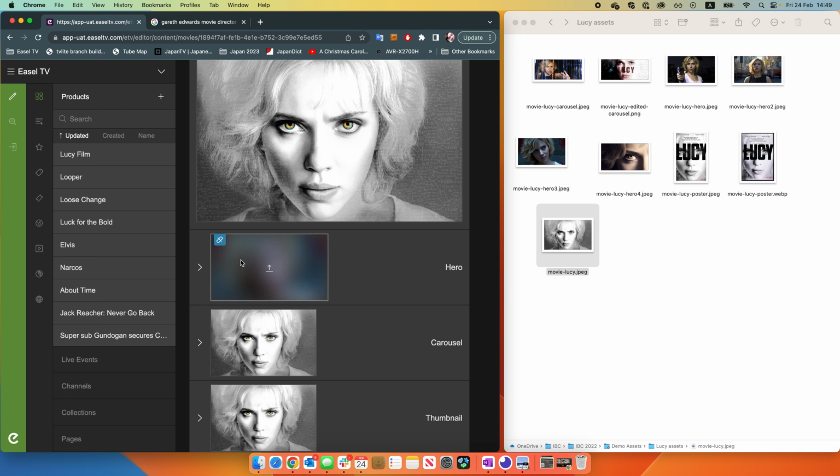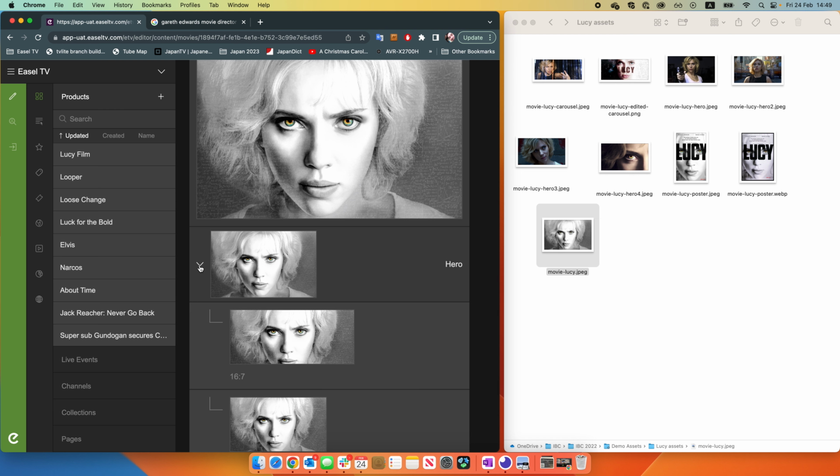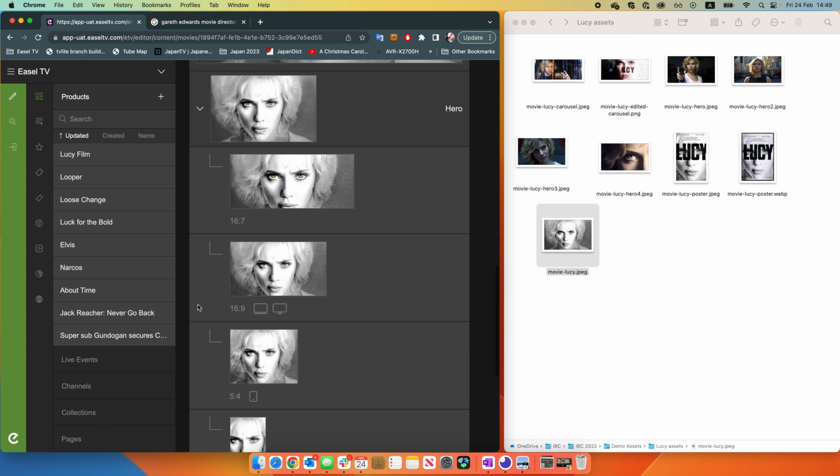But if I mouse over this broken icon, you can see it becomes a reset button. And if I reset that, bing, it once again becomes related to the parent image. So if I were to replace the parent image, it would also replace that hero image as well as the carousel thumbnail. If I expand these images, you can see that we've automatically created all these different crops,